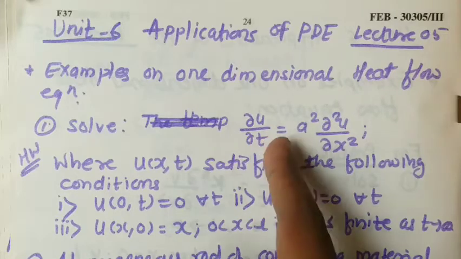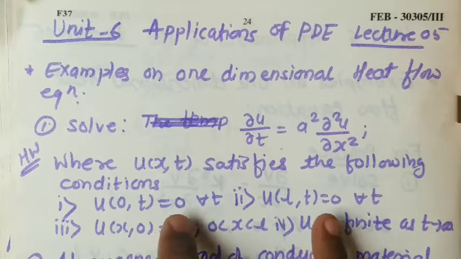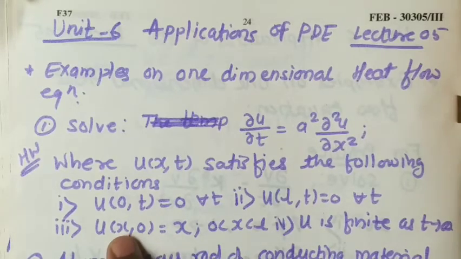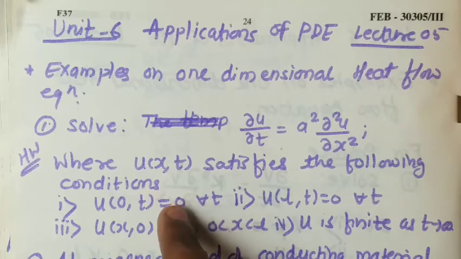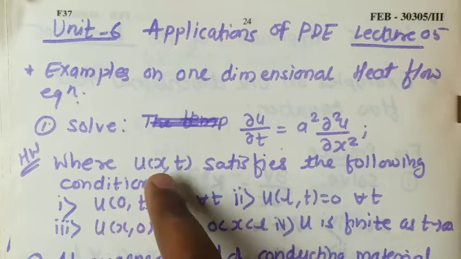From the equation itself it is clear that it is a problem of the one-dimensional heat flow equation. Out of the conditions given, we use the two boundary conditions initially to eliminate constants, and finally we take u(x,0), the third condition, to calculate bn, the second arbitrary constant. The first arbitrary constant gets eliminated by the first condition. By using the second and third conditions we eliminate the remaining constant, and finally we get the solution u(x,t).